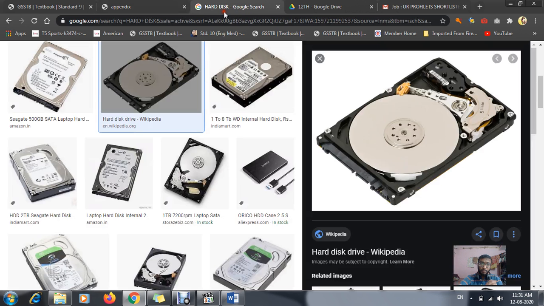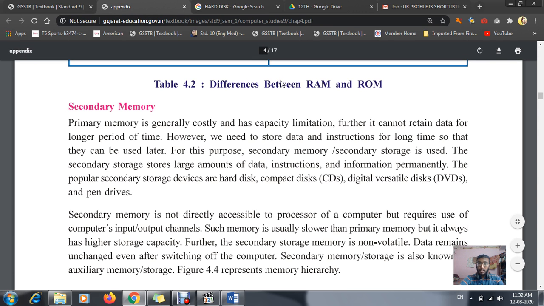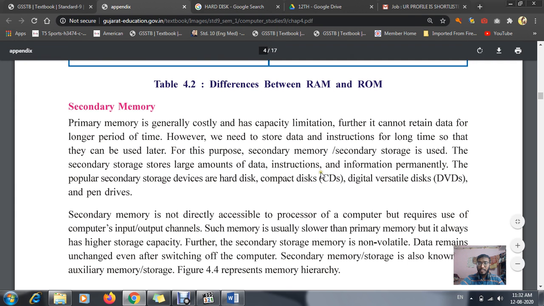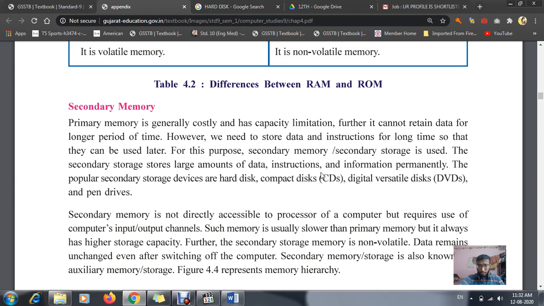Okay, that is a SanDisk or say Seagate, from 1 TB to 8 TB. An 8 TB hard disk means we are getting the whole contents. This is another best example of your secondary memory. The next best example is your CD and DVD. CD and DVD both are almost the same, but a CD has a lower storage capacity compared to a DVD. The process of both is the same only.